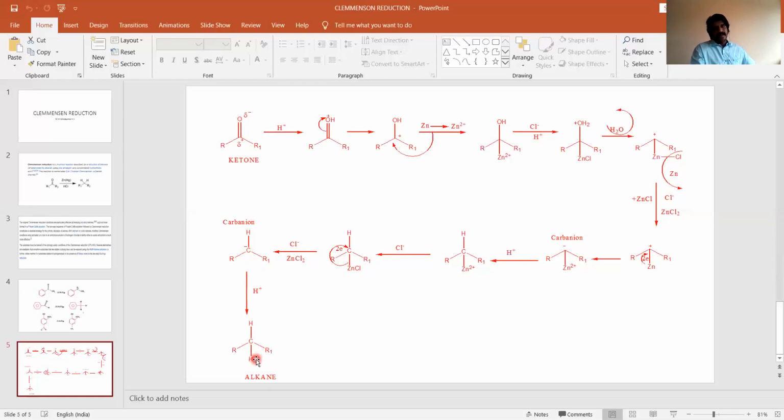So this is the mechanism, known as the carbanion mechanism, where we make use of 4 moles of HCl with the liberation of 1 mole of water. Initially, I said that this reaction happens in the presence of zinc, mercury, and HCl, and also in the presence of heat, along with the liberation of 1 molecule of water. And you can find that 2 molecules of zinc chloride are also generated during the reaction. Those who wish to learn the Clemmensen reaction mechanism by the carbanion method can very well choose this method.